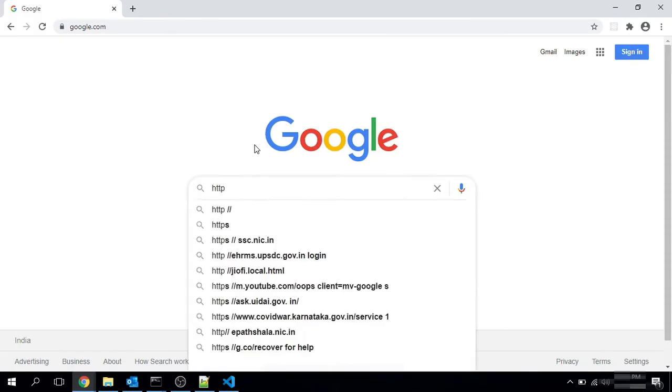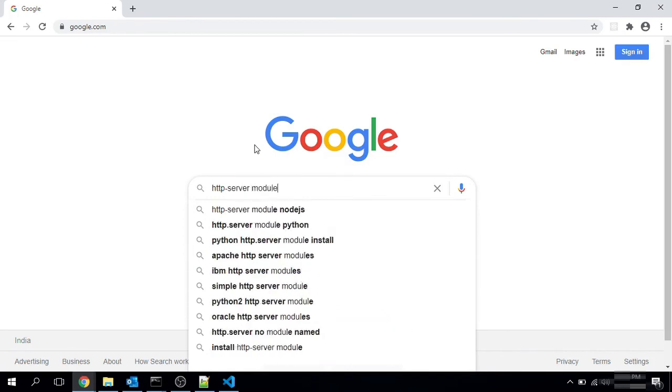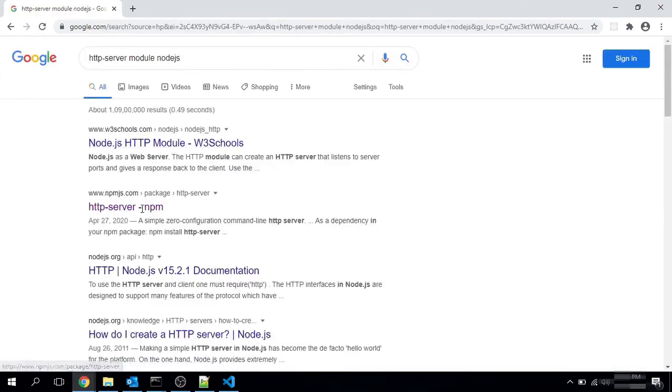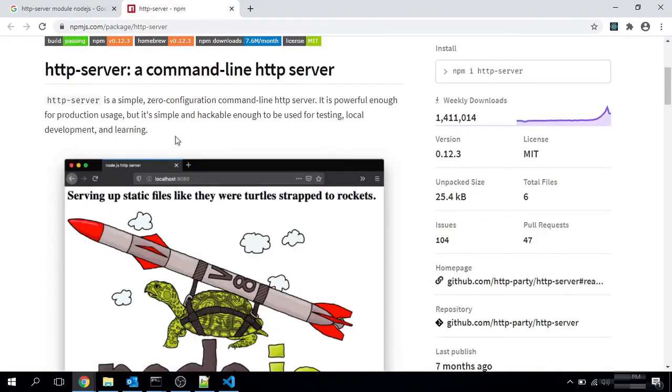You just need to install it as a global node server. You can see that HTTP server is a simple, zero-configuration command line HTTP server.